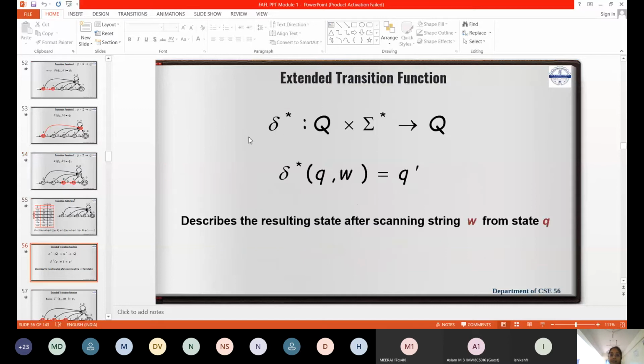But with the extended transition function, I can expand my string, a complete string to be accepted by the DFSM. So zero or more characters are possible in this. That's why it is not x, here it is w. There it is x because x is only one character. But what is meant by w? A complete string having zero or more input symbols. Is that familiar?